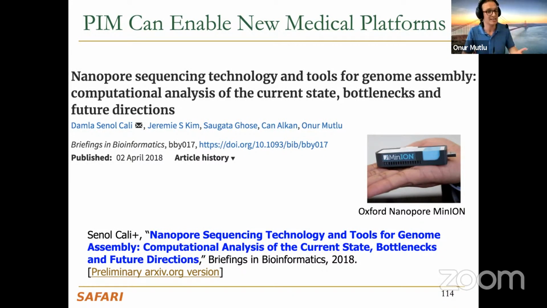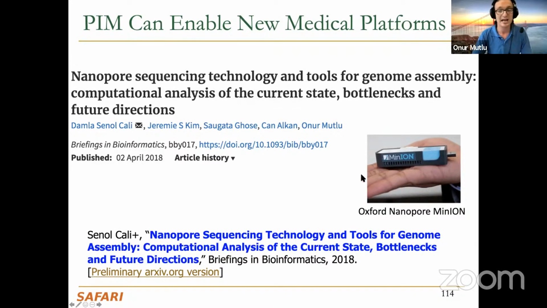You don't want to wait 2 weeks to get the analysis results in a genome sequencer. And in some cases today, it takes 2 weeks, actually. It depends on what kind of resources you get, etc., and how much money you pay also. But we want this decision to be made in 1 minute or less. And today, we don't have the capability to do that. That's why I think moving data and not having enough processing power where the data is generated is a big